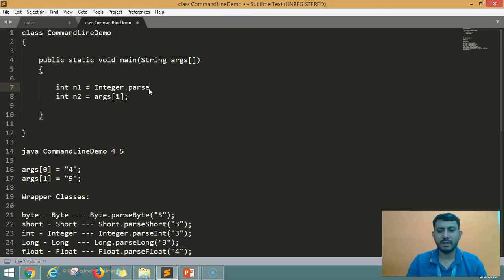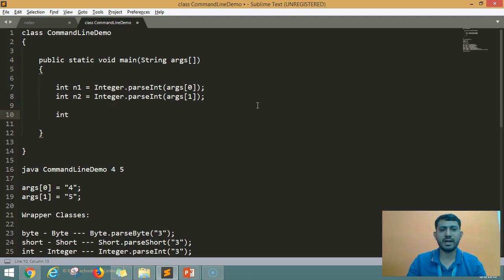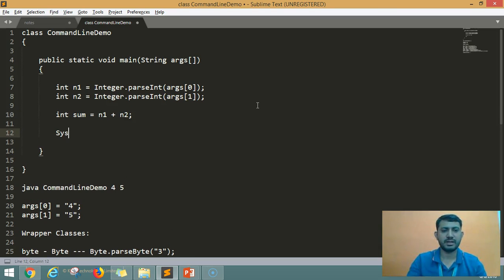Integer.parseInt. If you see, I'm calling this parseInt method on the Integer class. This parseInt method is a static method. Static methods are those methods which can be directly called with the class name. We do not require an object to call static methods. So here also I'll use Integer.parseInt(args[1]). Now we have got those two numbers and I can do some operation on them, like int sum is equal to n1 plus n2, and then I can display System.out.println("sum